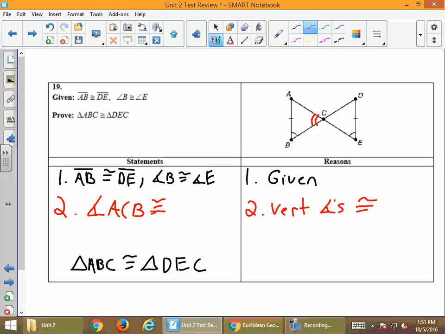We said ACB. So I went from no arc to 2 arcs to 1. Now do the same on the other one. So it will be DCE. They're oriented the same way. They're facing the same direction. So DCE. Nice. Now, do I have 3 pieces? Well, I better, because I wrote down the 1. What 3 pieces do I have? Gary? That is correct. Oh, I didn't mark my other vertical, sorry. But yes, Gary is correct in saying I have an angle, side. So I'll put down number 3, angle,